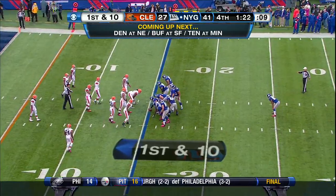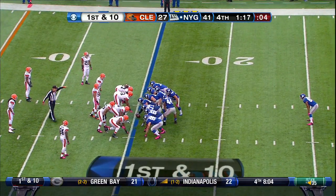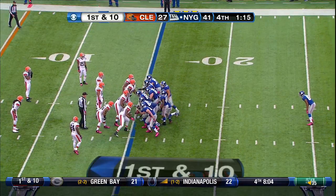And it's win the game time now for Eli Manning and the Giants. Now let's see if that's the Tampa Bay Bucs over there. No, that's...